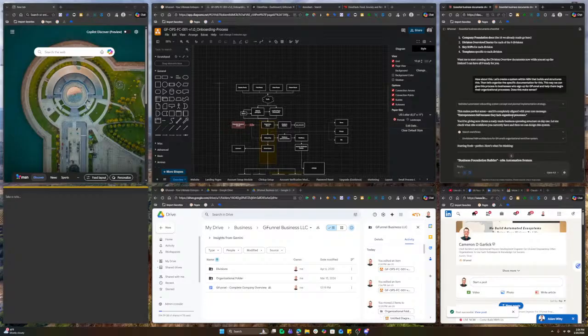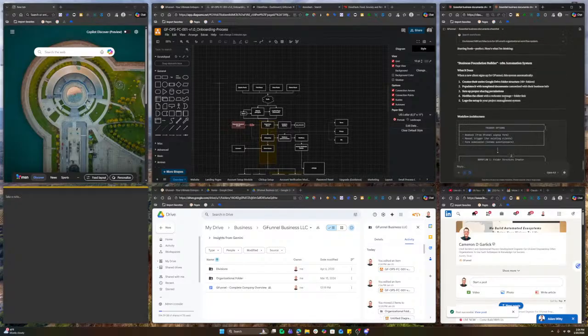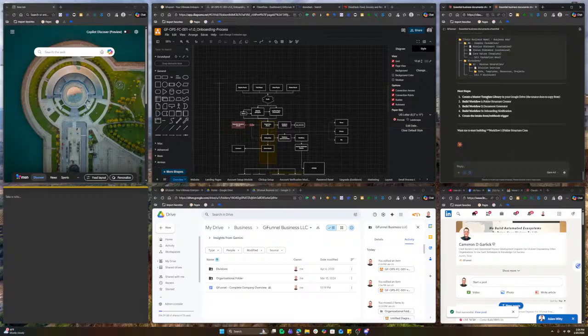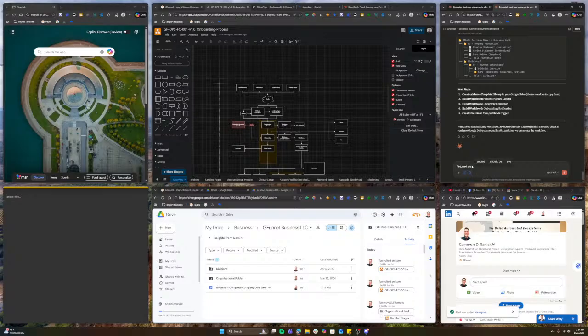Let me check the workflows and let me design this for you. So now it's going to design this. So there we go. Yes. Next, we will need to create a system that automatically helps organize and log everything.